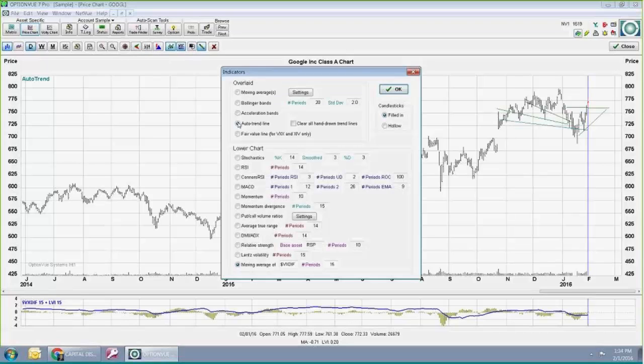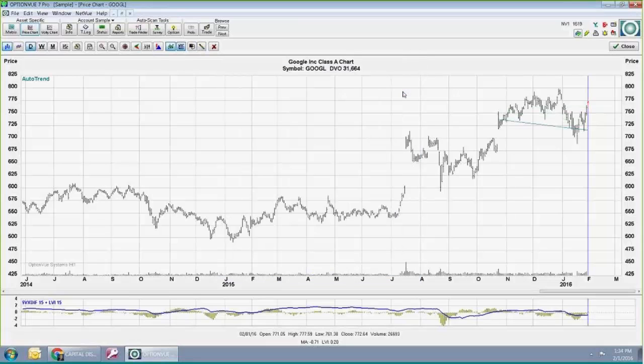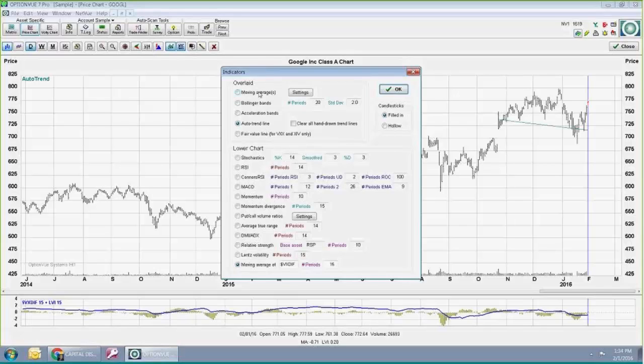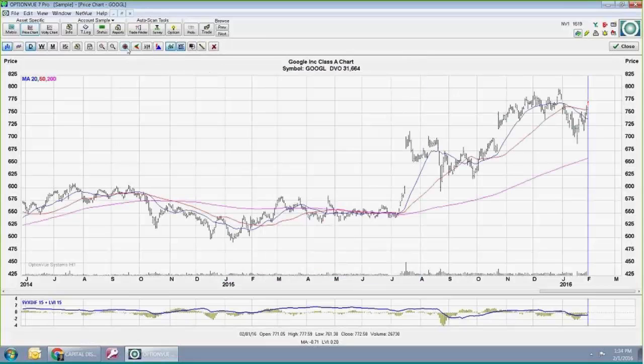And in this thing, there is also a little checkbox. If you have a lot of trend lines on there and you just want to get rid of them all, just hit clear all hand draw trend lines and hit OK. Now notice I do have it set to do the auto trend line right now. I'll switch it back to moving average. It also gives you a setting for how your candlesticks look. I have mine filled in, but you can do hollow.